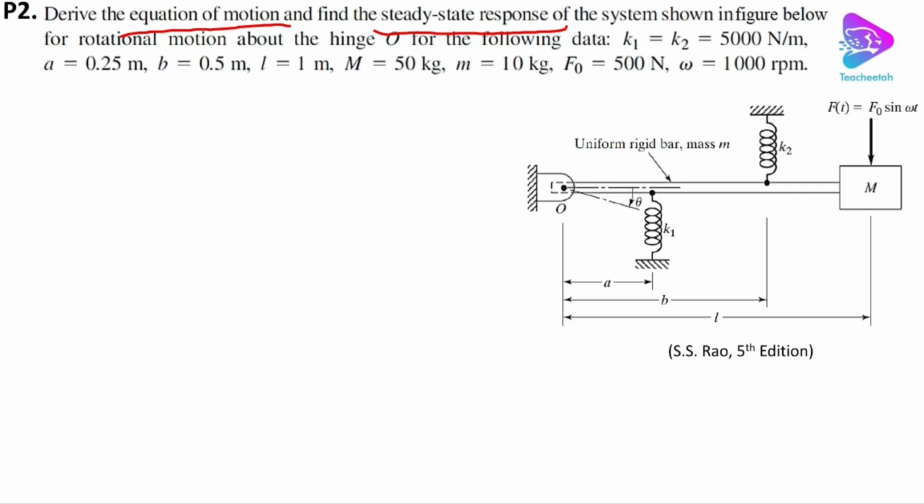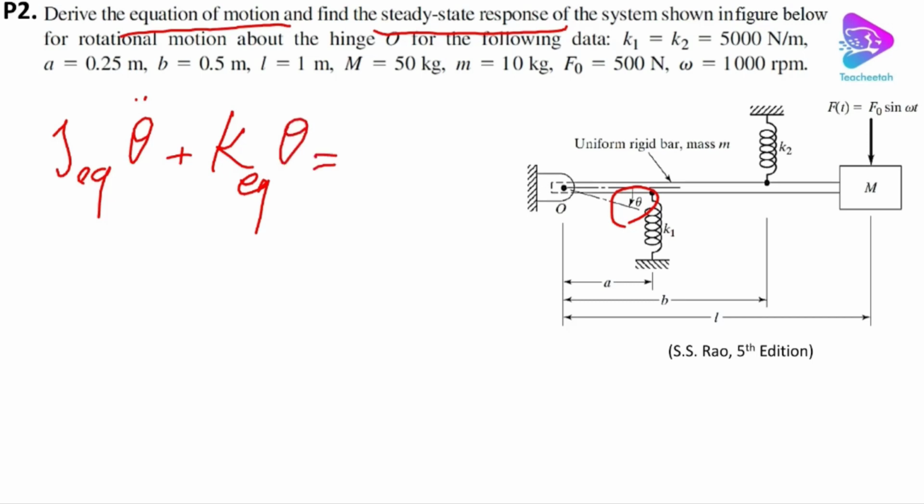So this is another type of problem that you will see, where you need to end up with a simplified differential equation with equivalent components. As you see, for this case, we have theta as the degree of freedom. So we are basically looking for something like J equivalent theta double dot plus, and there is basically no damping in the system, K equivalent, which is a torsional stiffness or spring constant, theta equals to,